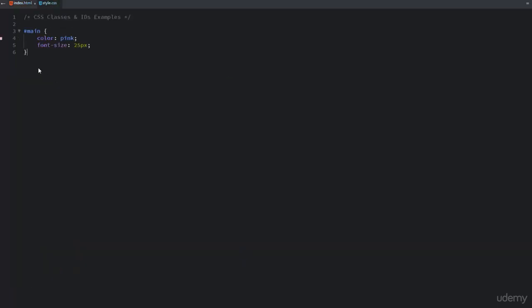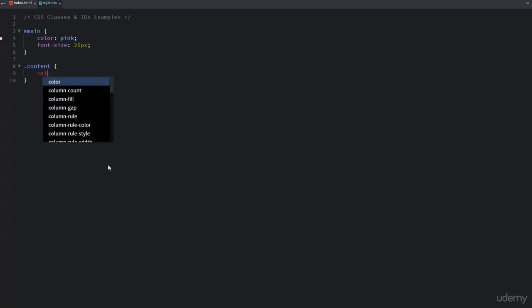I'll go to style.css. To access elements which have a class attribute, you write dot and then the name of the class, and in this case the name of the class is content, and then opening and closing curly braces, and you write CSS inside these braces. I want to set the color for all the p elements which have the content class. I'm going to write the CSS color property, and the color should be black.